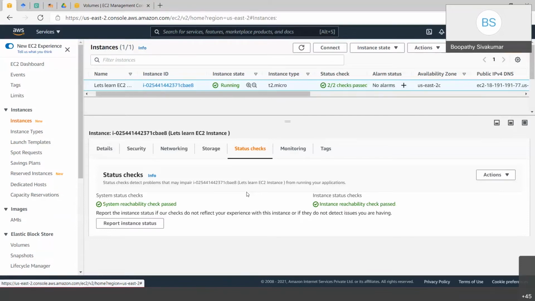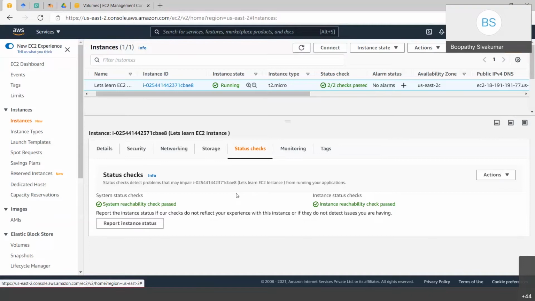The instance reachability test checks where the system is placed, whether that particular EC2 instance is placed on a hypervisor or virtual system. In a server farm we will be having hardware, right? Whether the system is placed on correct hardware and that particular hardware is working correctly.